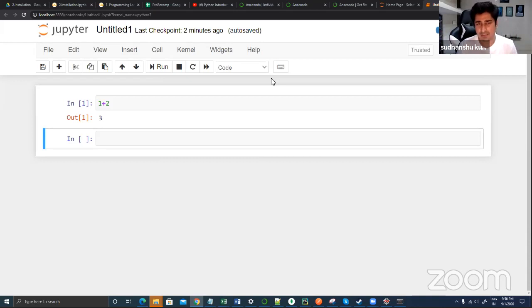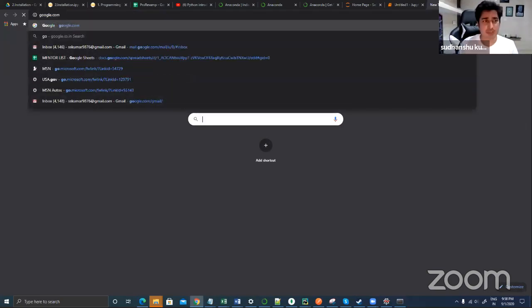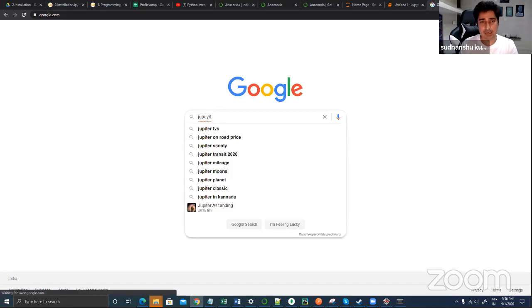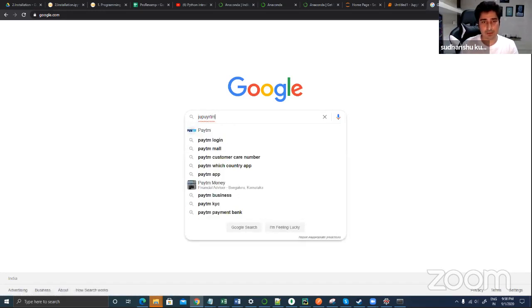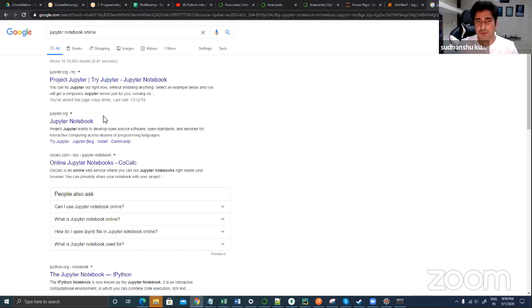No, it doesn't mean it doesn't look that way, right? So what you can do is try to go to Google and search for Jupyter notebook online, and then you will be able to